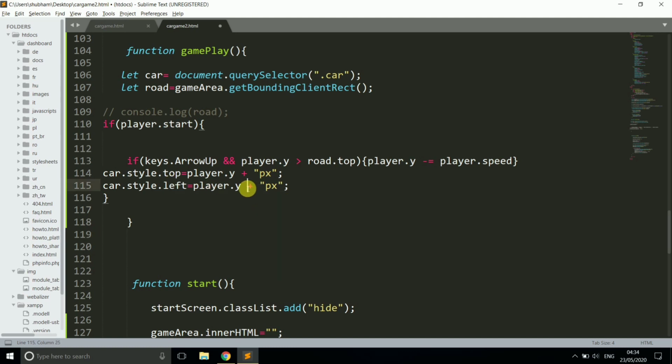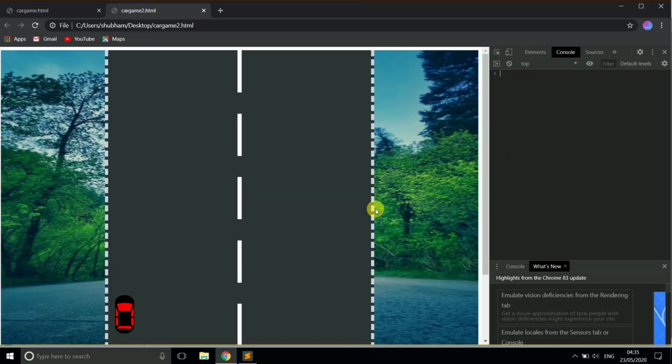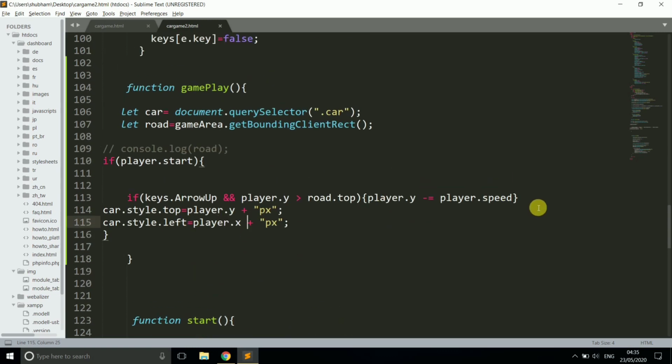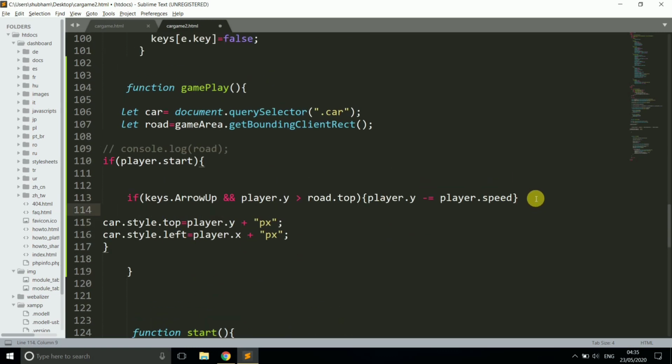Now let's check this out, and we also add car.style.left equal to player.x plus px. Let's go to the console and check this.